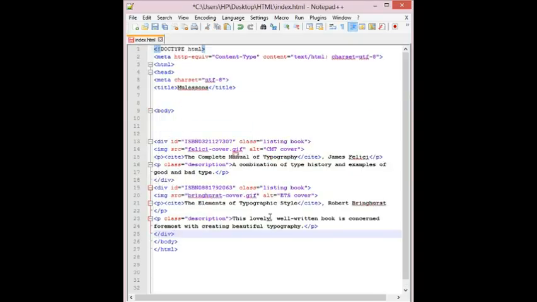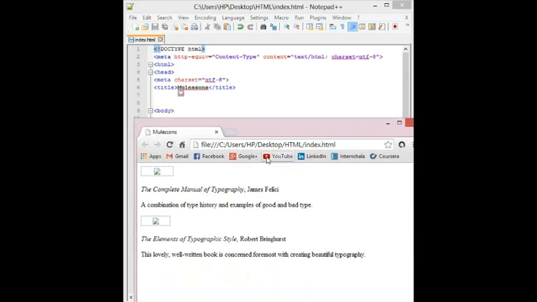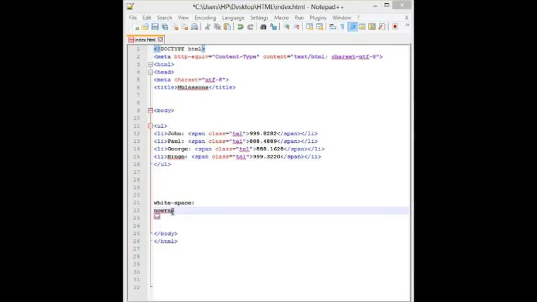Here I have used a different id for every book, and I have used the classes listing and book. If I go ahead, save it, and run it, you can see that nothing has changed.